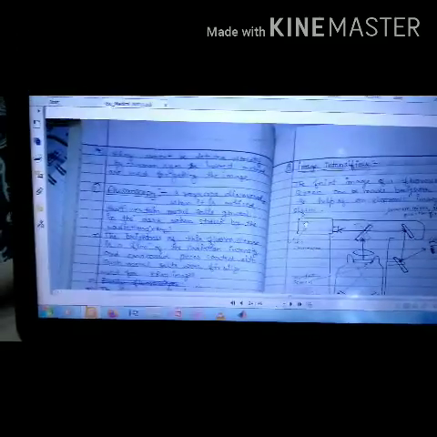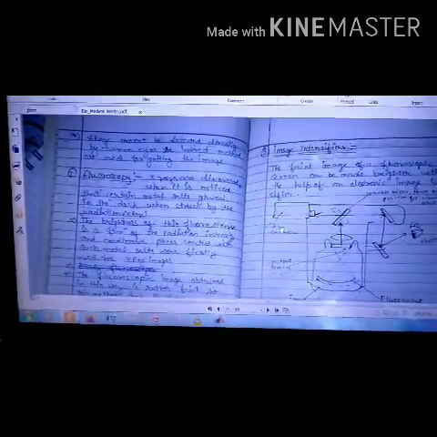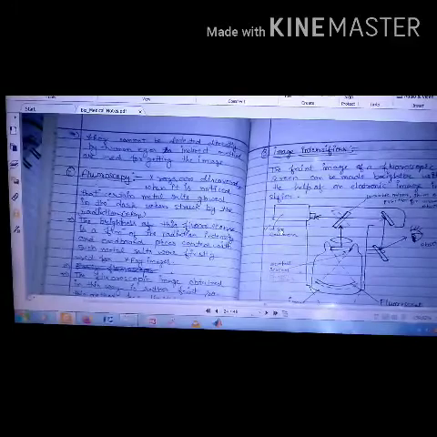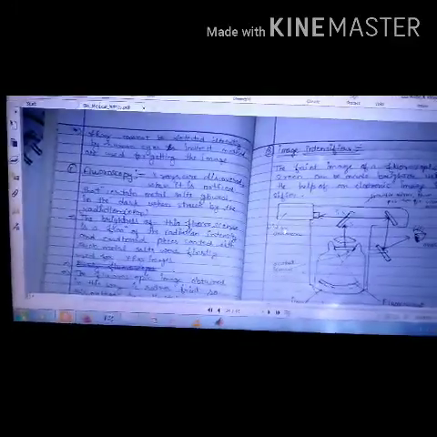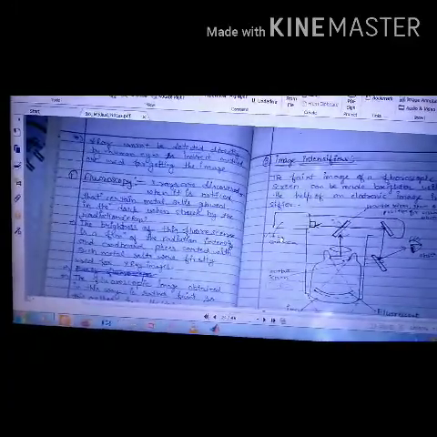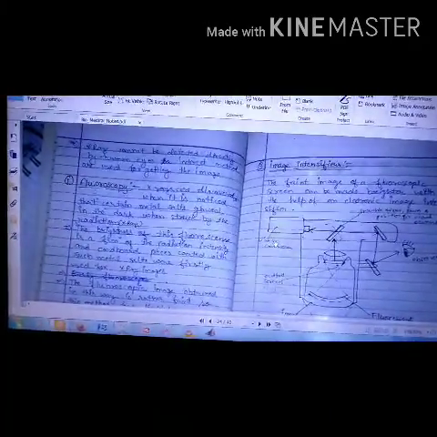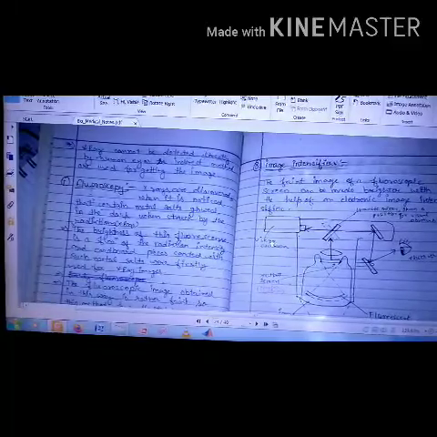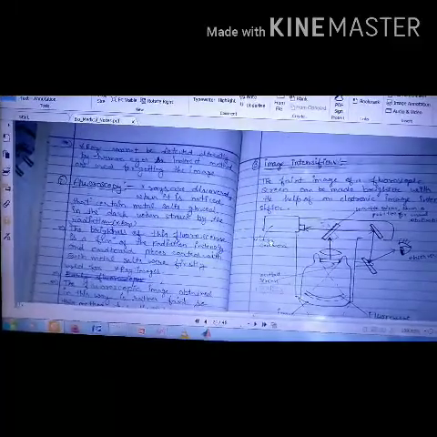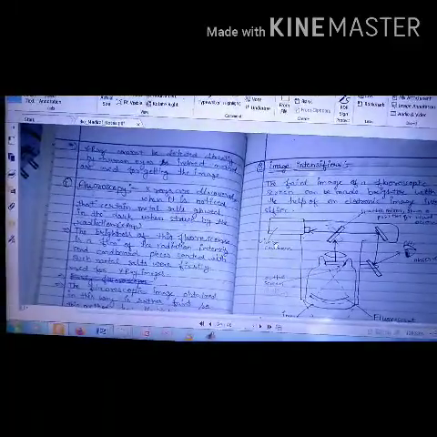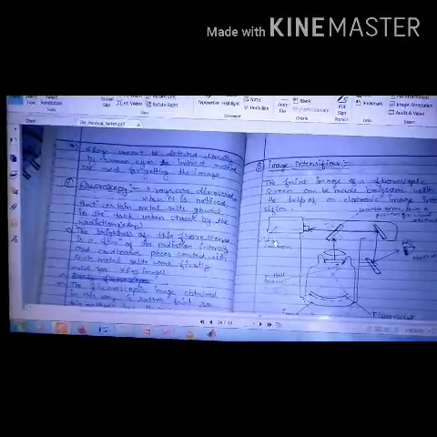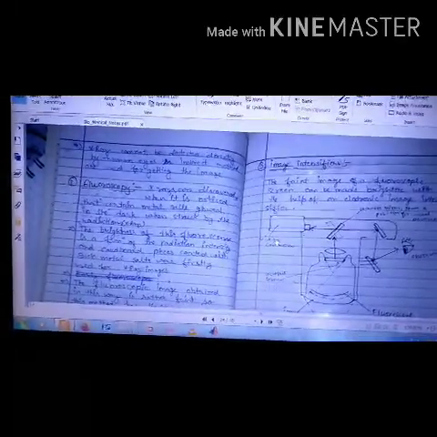Okay, then X-rays cannot be detected directly by the human eye. Okay, they have a frequency or wavelength such that they do not lie in the visible spectrum, and therefore they cannot be viewed by the human eye, and therefore it is an indirect method for getting an image. Then comes fluoroscopy.